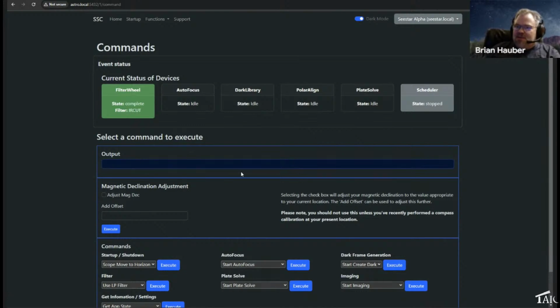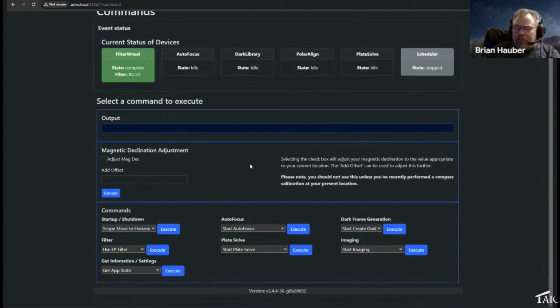And then on this commands page, this kind of gives you a rundown of all of the different commands, not all of them, but a fair number of the commands that we have determined are valid commands to the Seestar.